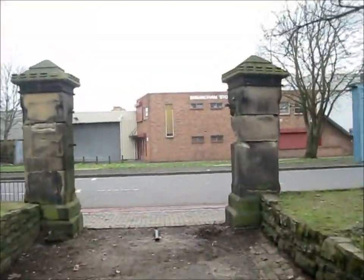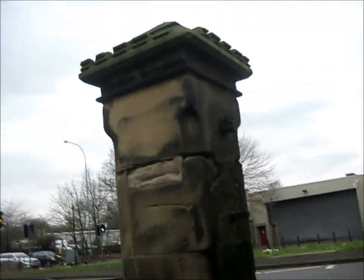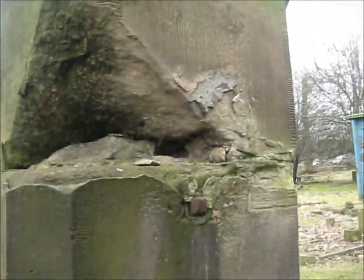And here we have the view from the other side. With, I believe these are protected. There's not much left of them now. How much is falling out there. And